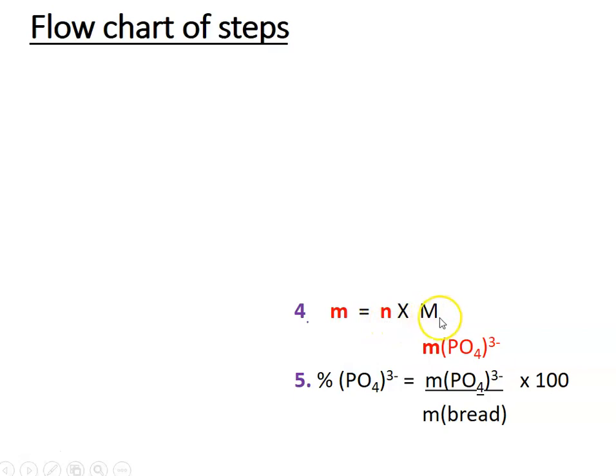Once you know the number of moles, you can multiply it by the molar mass, by looking up the molar mass on the periodic table, and that'll give you the mass. So you need to know how many grams per mole for the molar mass and how many moles, and the units will cancel. So to get the number of moles of phosphate,